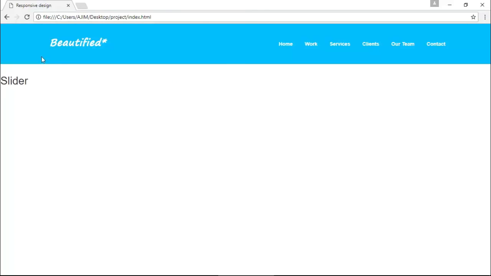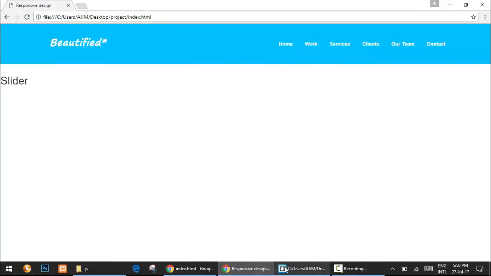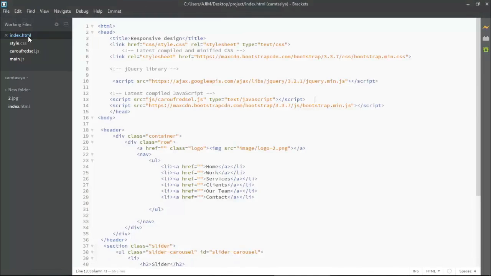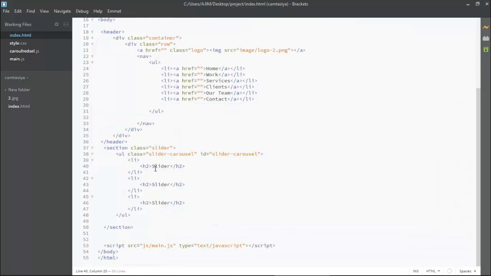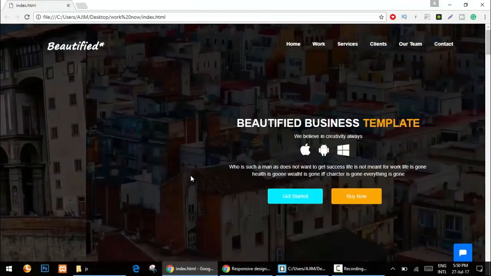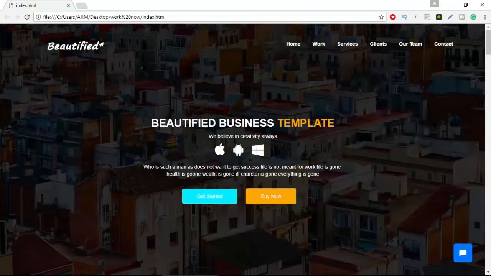Now I will come on the index page and then I'll put all the content that I want to put here. Okay, so I'm coming inside this li and then I'll be putting all the things which I want to put here. First, as you can see, I am getting here beautified business template, then the text like we believe in creativity, and then some paragraph text.